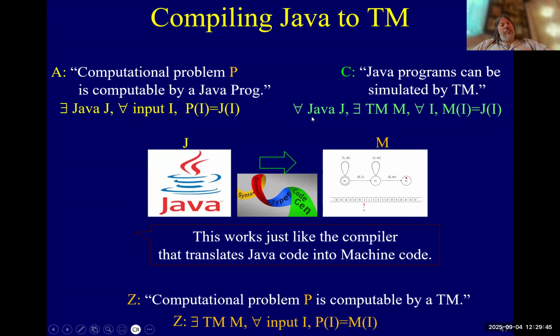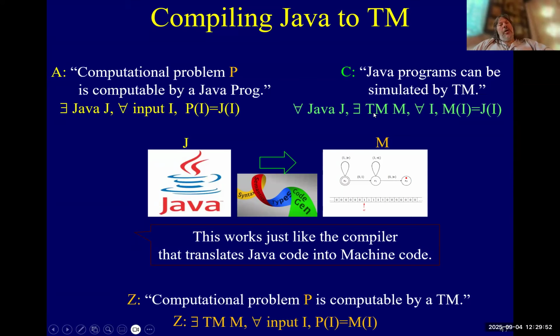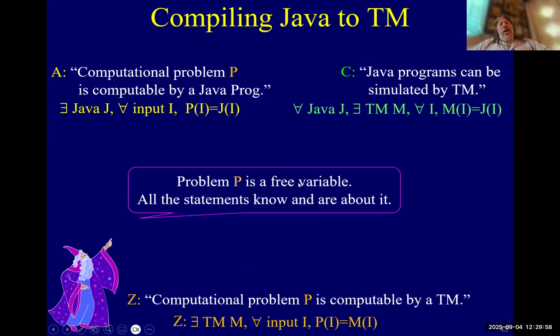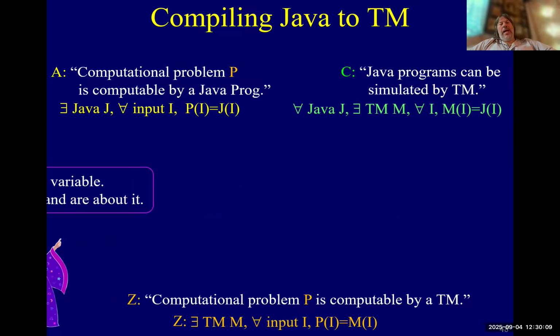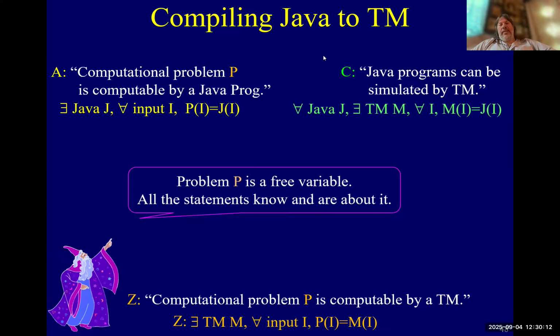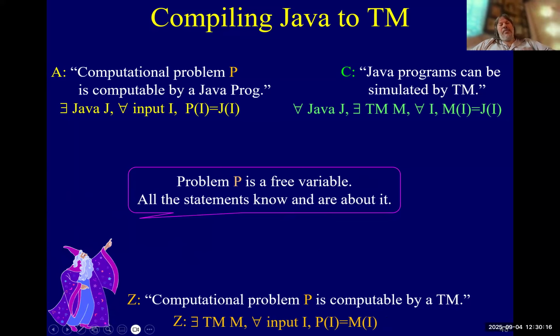You give me a Java program. And what will my compiler do? It will produce a Turing machine such that they do the same thing. And why do they do the same thing? Well, because on every input, they give the same answer, right? Does that make sense? And in all of these, problem P is a free variable that we're making statements about,